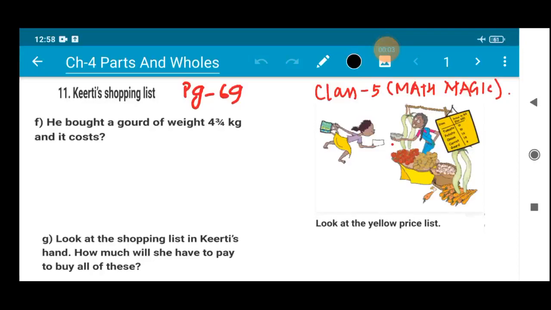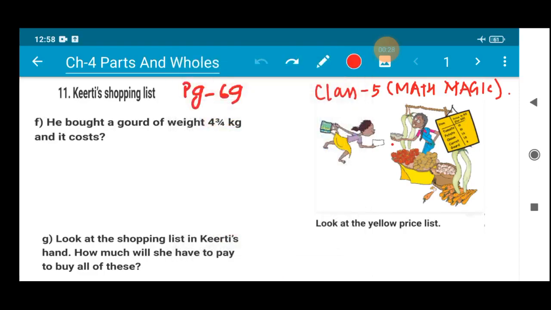So in our last class you all know that we have done till question number D, and I have given you a few home assignments. I hope you people have done it. Now in today's session I'll be starting with question number F of page number 69, Kirti's shopping list. We are continuing the same thing. Okay, so question number F states that